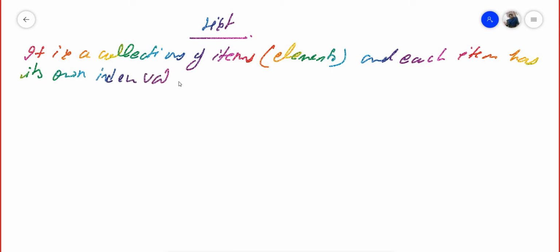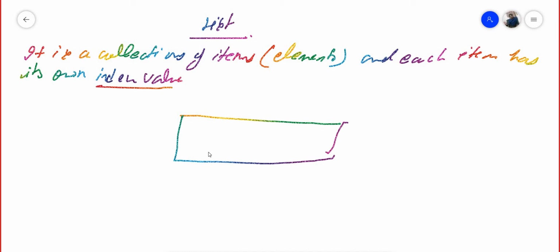Now, what is the index value? Suppose that I have written a list with the values 2, 3, 4, 5, 6, 7.